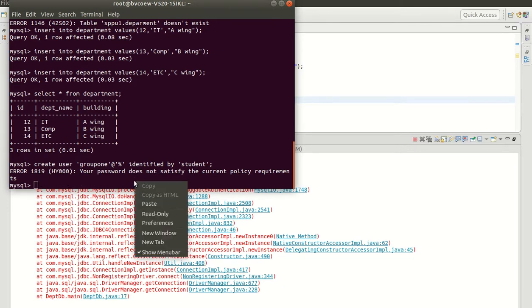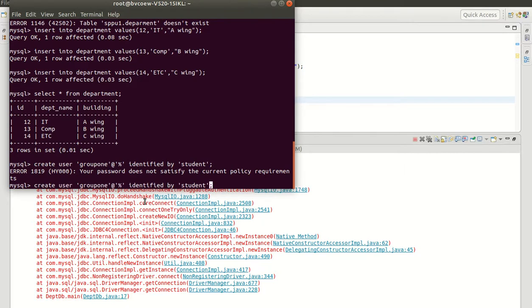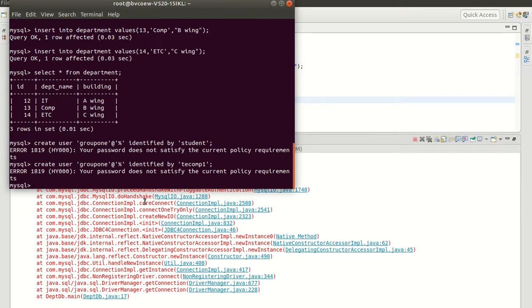I can set some different password. My password must be secure, so I'll give here the password tecomp1. Okay, again they are saying the password doesn't satisfy our current policies.